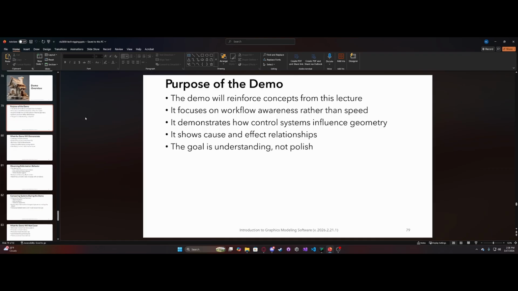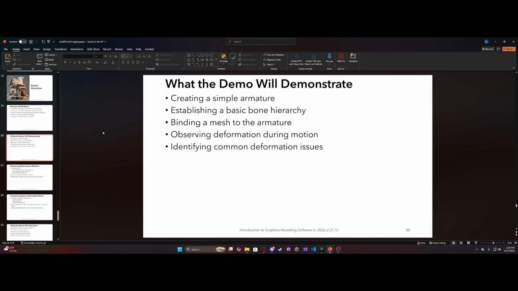So the purpose of the demo, right? The demo will reinforce concepts from this lecture, and it focuses on workflow awareness rather than speed. It also demonstrates how control systems influence geometry, and it shows cause and effect relationships. The goal is understanding, not polish. So, what will the demo demonstrate? Creating a simple armature, establishing a basic bone hierarchy, binding a mesh to the armature, observing deformation during motion, and